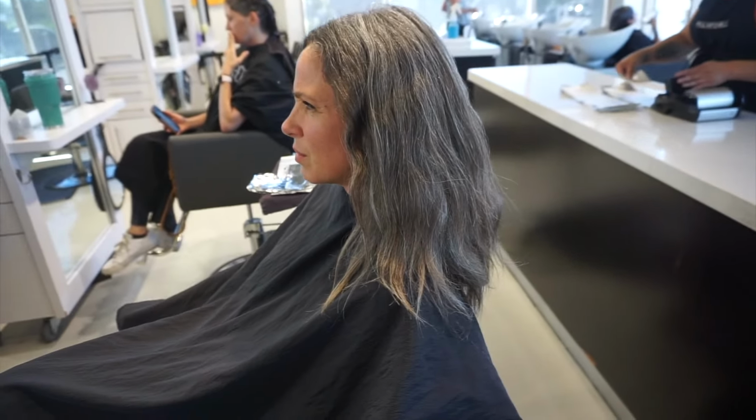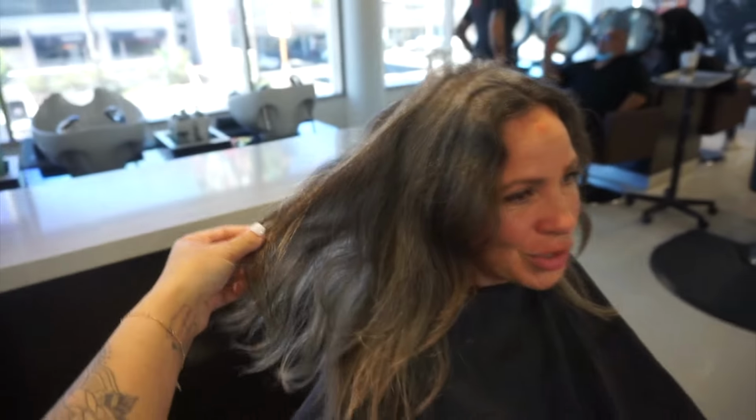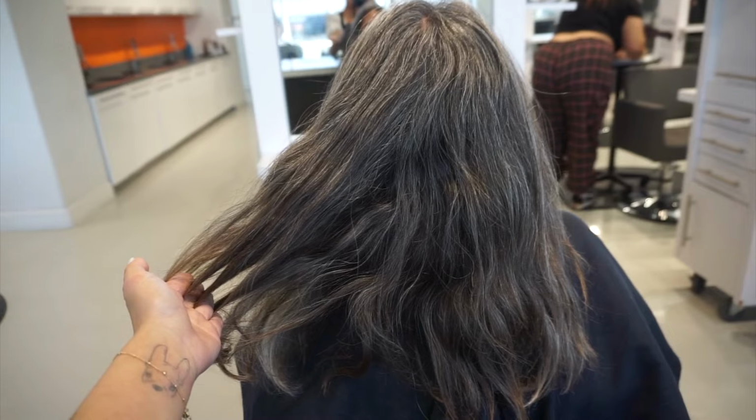She hasn't dyed it in years, she said, so everything is pretty much virgin, and all she wants to do is really just enhance it and have something super low maintenance, so when her roots grow in, she never really feels like she needs to get her hair done right away, and whatever I give her today is gonna just grow out super seamless and beautiful and just make her feel good that her natural hair color is growing